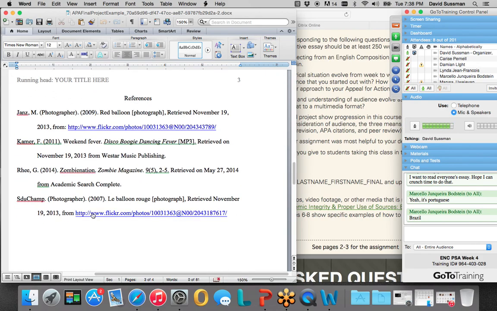You need a references page. The references page should include any references you use to write your essay, because technically they are informing your public service announcement, even if they're not cited or referenced or quoted directly in your public service announcement. They still informed it, so they should probably be listed. Plus, whatever images or music or outside material you used in your PSA. So here I just grabbed a bunch of stuff at random to create a references page. So here's a photograph, here's a sound file, here's an article, here's another photograph, okay?